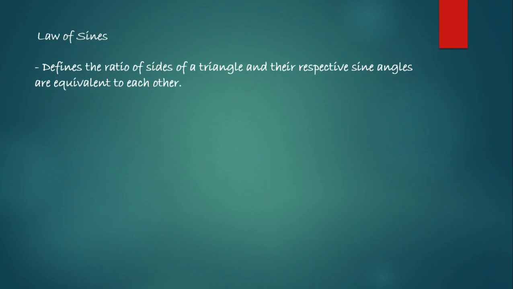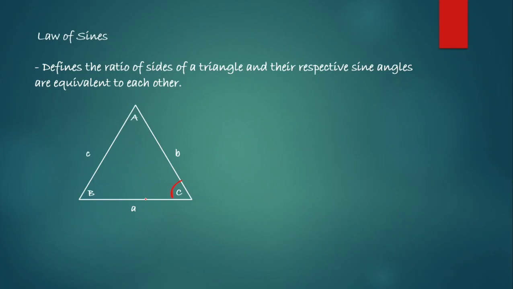It defines that the ratio of the sides of a triangle and their respective sine angles are equivalent to each other. This means that one interior angle of a triangle to its opposite side, or the side the angle is facing, is a ratio, and that all three of these ratios in a triangle are equivalent to each other. So for example, let's take angle C,